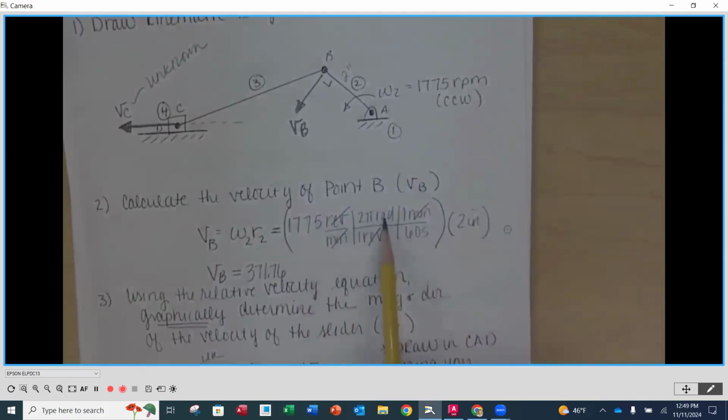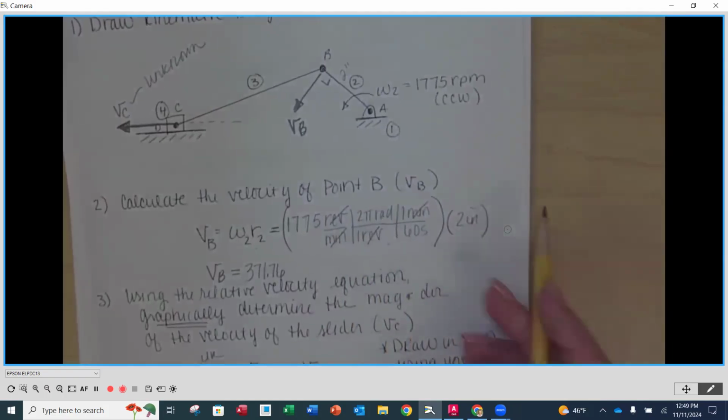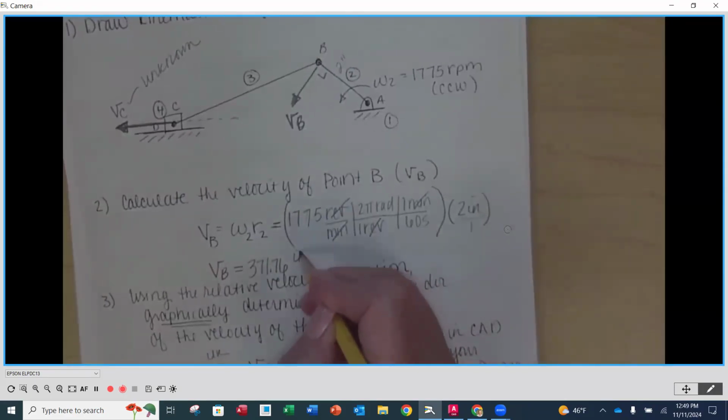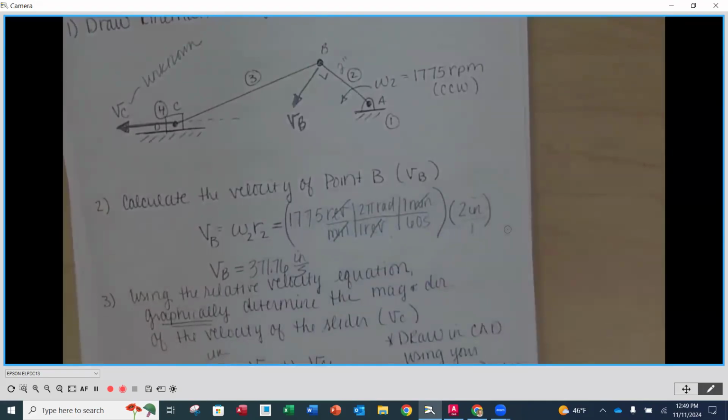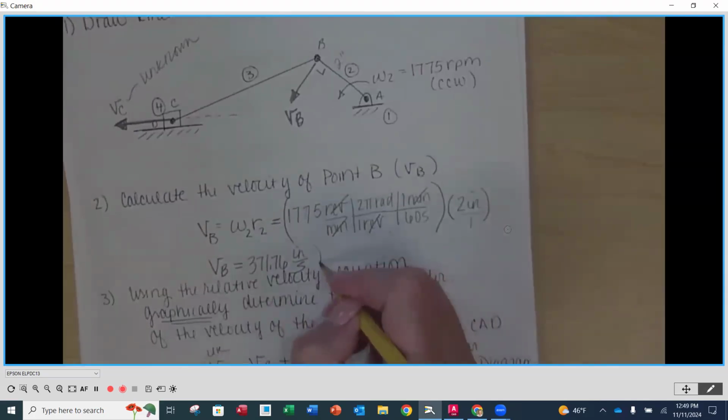So right now, we have radians per second here times inches. Remember, this is like over 1, right? So what would my units be for a straight line velocity in this case? Inches per second, right? But what happened to the radians? It just disappears. Actually, absolutely. It just disappears. So when we multiply anything by radians, it becomes whatever that value for the units were. They disappear. But if we end up with nothing per second, for instance, or nothing there, and we're on a rotating link, we know that the radians appeared, right? Okay. So our velocity at B, this right here,